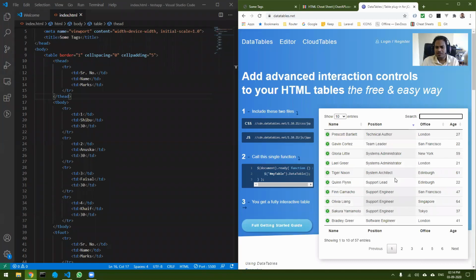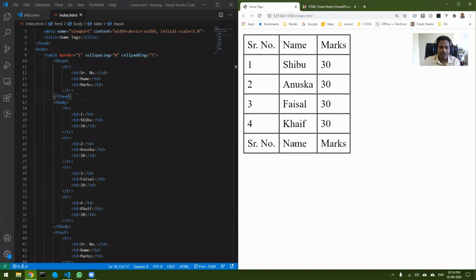So you don't have to worry about making these things. Pagination, all these things are there. All these things can be done if you properly structure your table. Okay, if you don't do that, then DataTables will not work on your table. So that's why we do this.